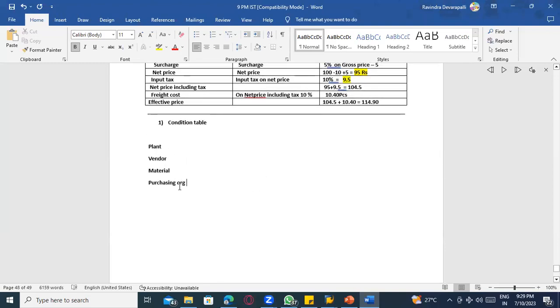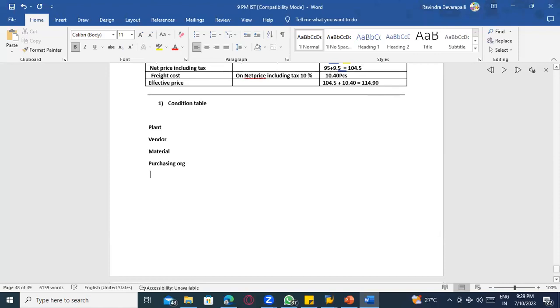What is the lower level? What is the higher level? So material is the lower level, and plant and purchase organization are the higher level. Why? Because mostly we have 2, 3, or 10, 20, 30, 40 plants, right? And vendor again, we are anyway planning to